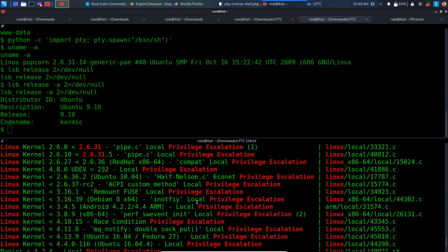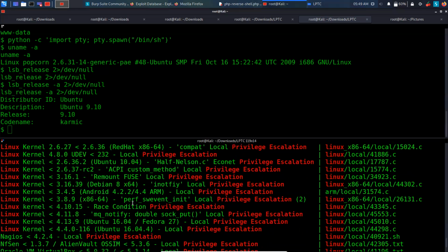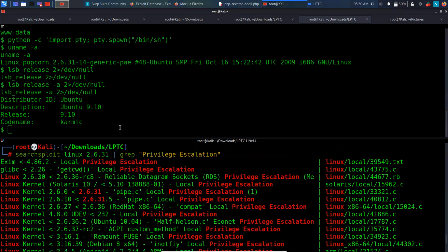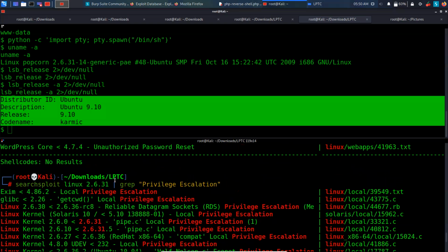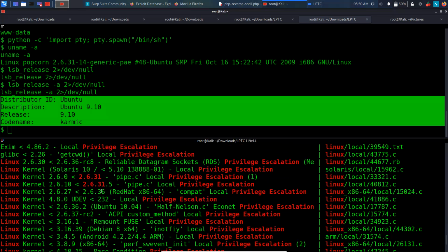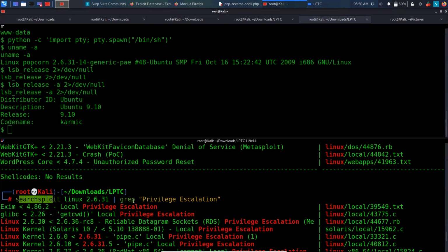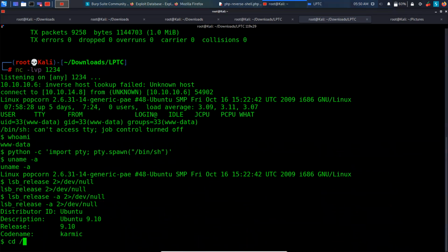Okay, so we just filtered out all the exploits which had privilege escalation in them. But this is still a lot to figure out. And sometimes not every exploit will work on every system because there is still a little more we can go in depth. But to make it easy, I just wanted to show you how we can figure out exploits for this system. We know the basics, how to search for the exploit, how to use searchsploit and grep for our common exploits, but we will just close it off and we will go the automated way this time.